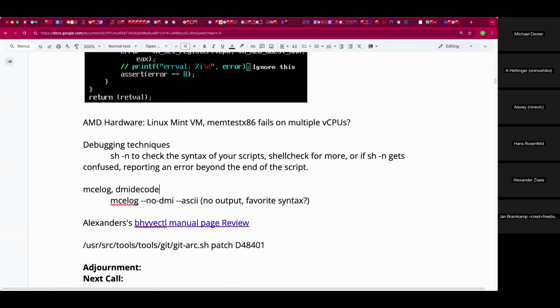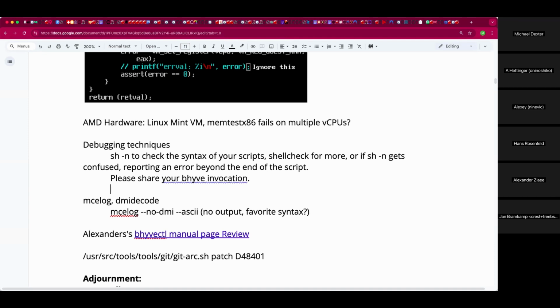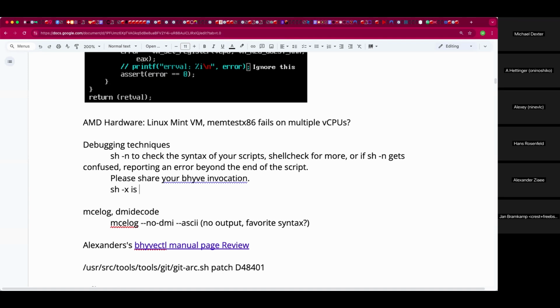For shell debugging, my favorite one, the only one I've made use of, is sh -x. And actually, I have some commits fixing scripts older than me that I barely understand what they do, due to sh -x. Do they not behave correctly with it? Well, the thing with sh -x is it will print everything as it's being executed, so you see exactly where it fails, and then it's really easy to just look up the line that has failed and see what is going on there.